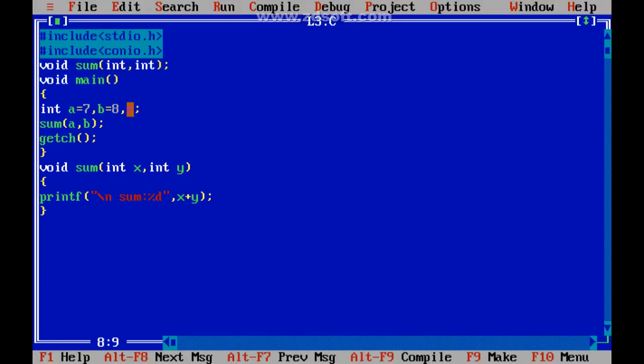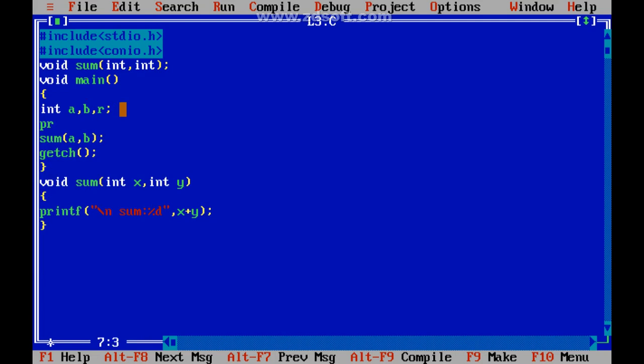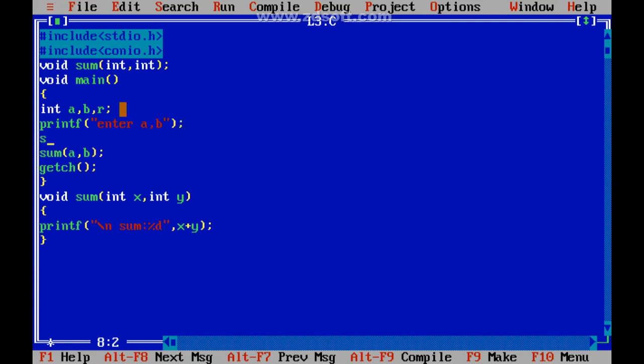Otherwise I can take this out, sorry, it should be comma. I can write printf enter a comma b, scanf.